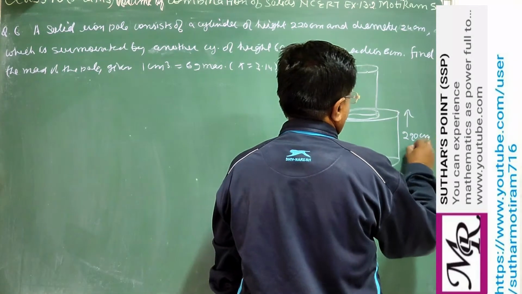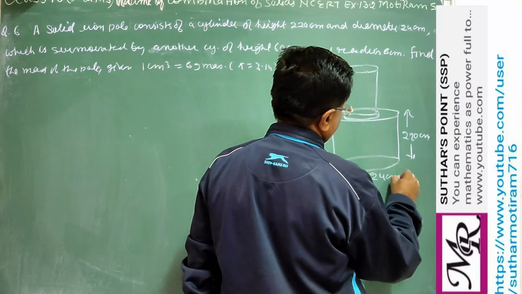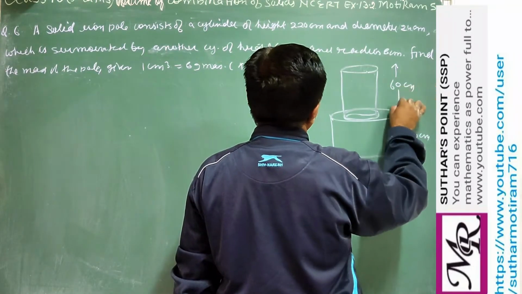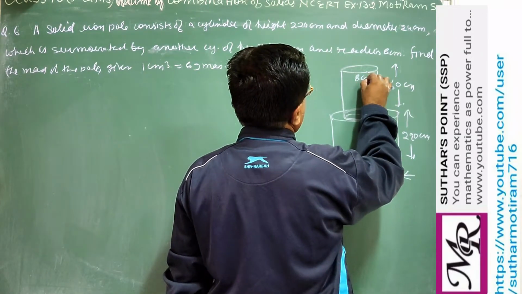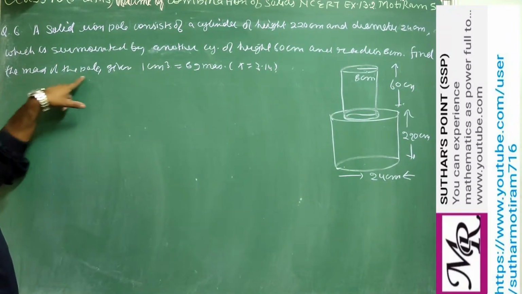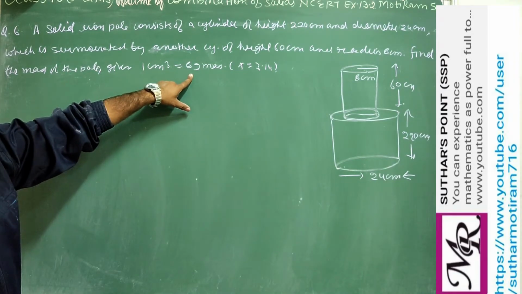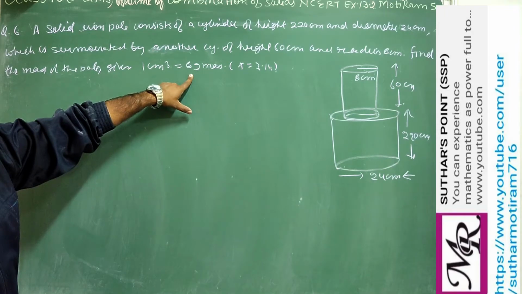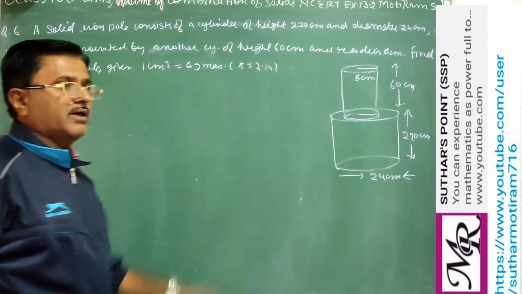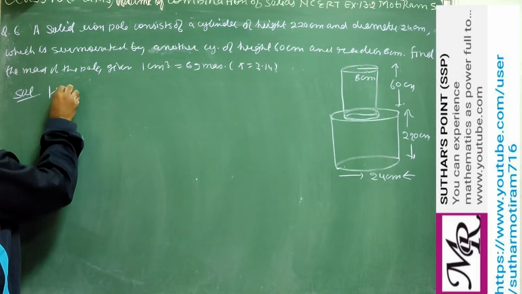Height of the first one is 220 centimeter and diameter of this cylinder is 24. For this, height is given as 60 centimeter and radius is given 8 centimeter. So very easy. Now it says find the mass of the core. We are given 1 cubic centimeter equal to 8 gram mass. Clear? So we have to find the volume of both, then multiply by 8. So in the solution, write here